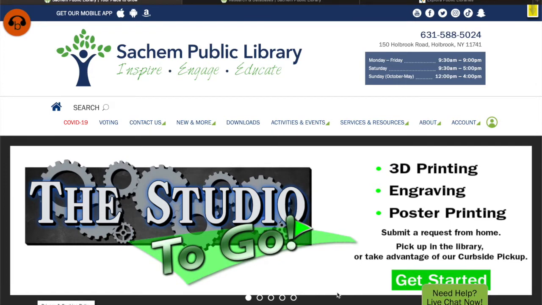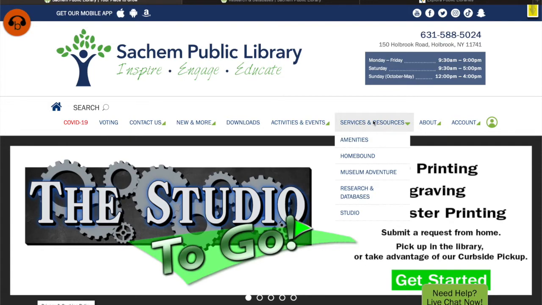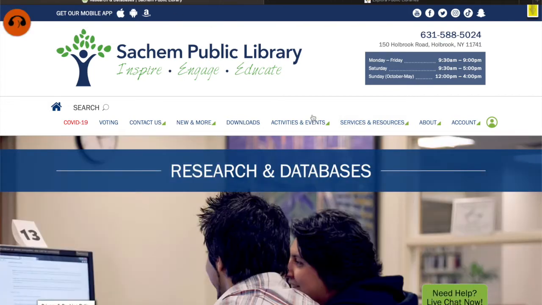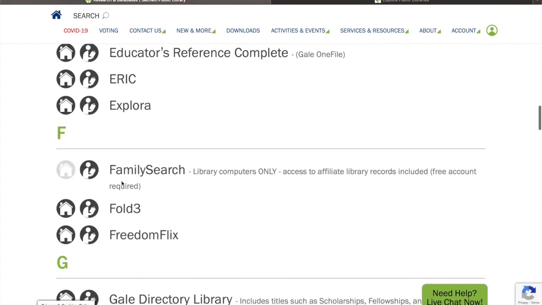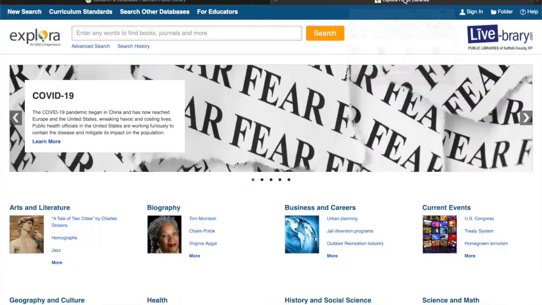Today we're going to be going over another one of the library's databases called Explora. So let's get started. I'm going to click on Services and Resources, go down to E, and if you are doing this from the library, you will click on this sign, but if you are doing this at home, you'll click on here. It'll ask for your library card and password, and once you put that in, you're going to be taken here